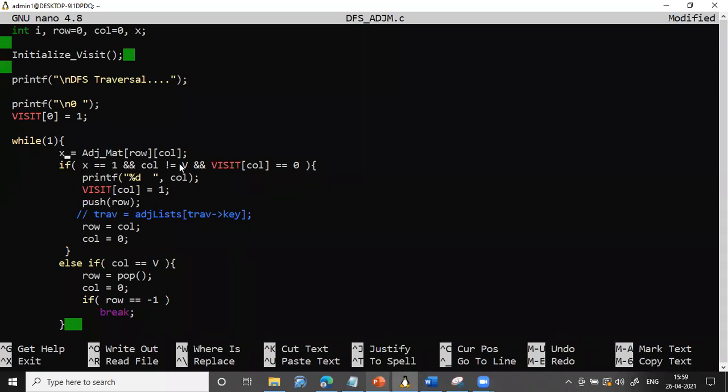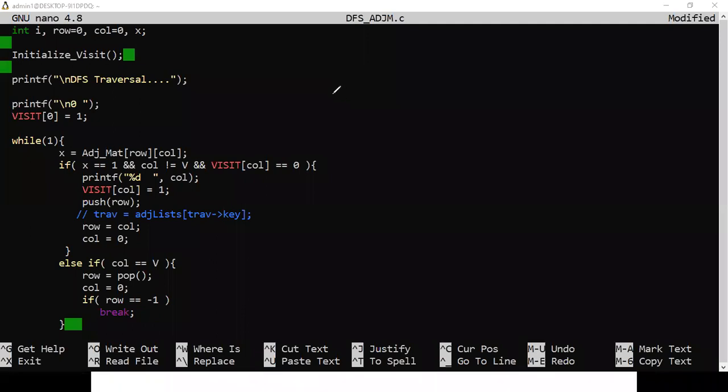Then we are taking x equal to adjacency matrix of row and column. So what is the adjacency matrix value of row comma column? That's what we are checking. Say for example, in the adjacency matrix you have 0 1 0 1 0 1 0 1 0, something like that.